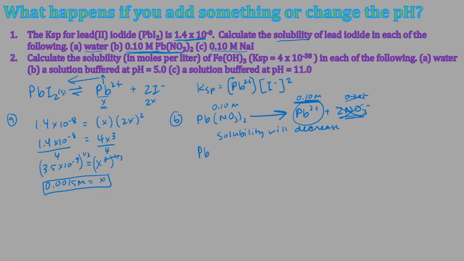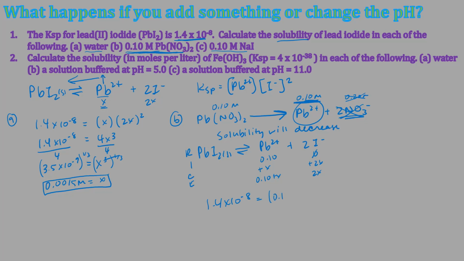So I'm going to rewrite my reaction so that you guys can see what I'm doing here. All right, and instead of starting at 0, if we do a RICE table, I would start with 0.1 of that, and I still wouldn't have any of this. So my change is going to be plus x, and I end up with 0.10 plus x and 2x. So now I'm going to plug that into the KSP,